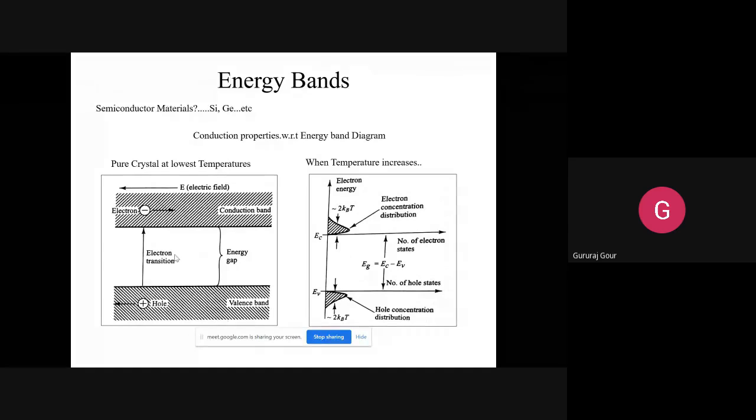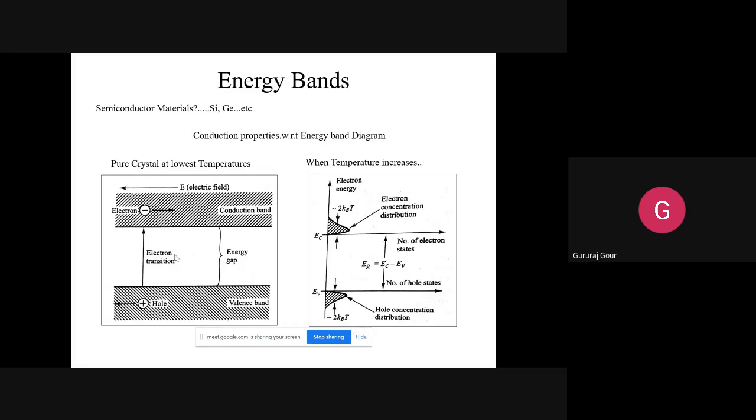Because more electrons are jumping and crossing, the electric field is going to increase directly proportional to the density of the charges which are crossing. So if the electric field is increasing with the increase in density of the carriers crossing the band gap,